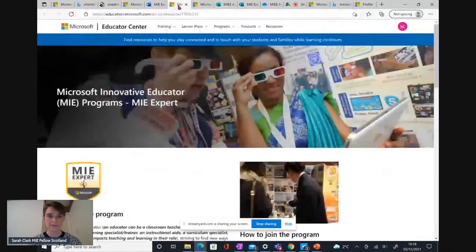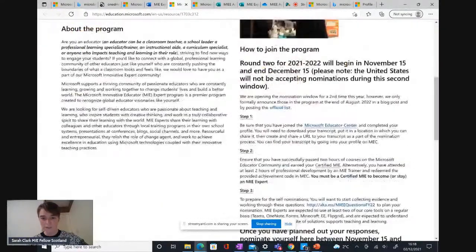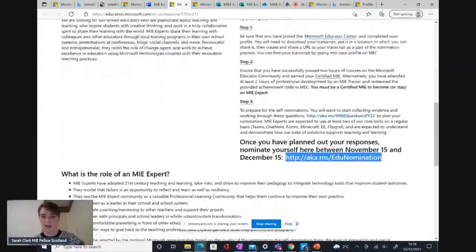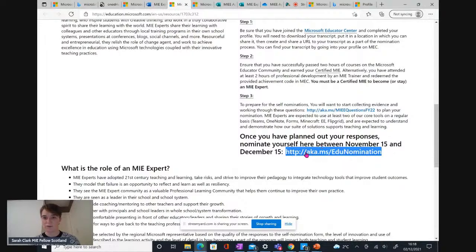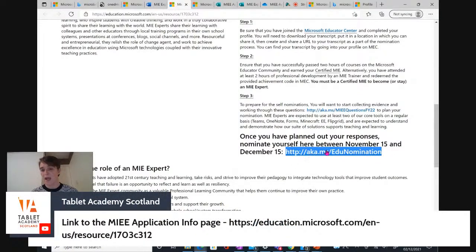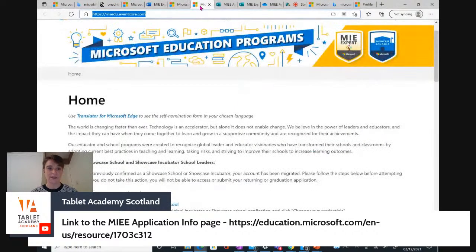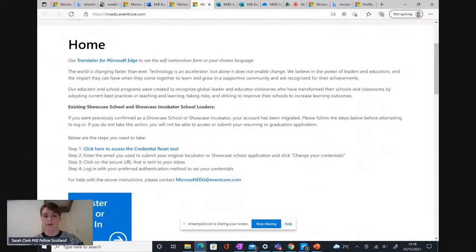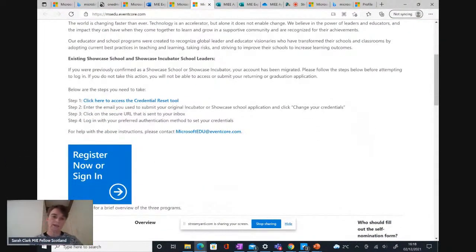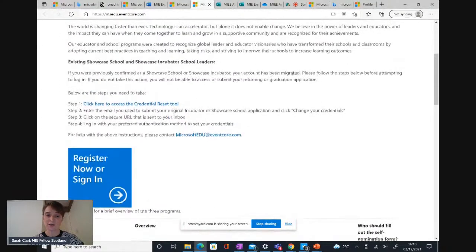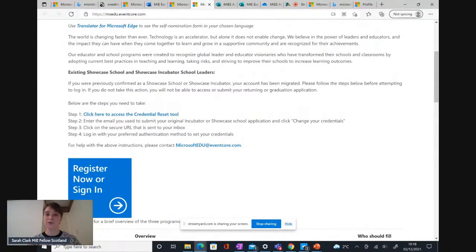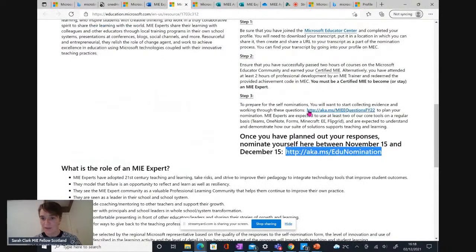Find the website. If we go down here, it says step 3, you are ready to nominate. So this is the nomination link here. If you click on that, it will take you to this page where you're asked to register. If you've nominated before, you might already be on it, but you're asked to register, and that's where you'll do your self-nomination. But there is a web link here, and it's got the questions in it,